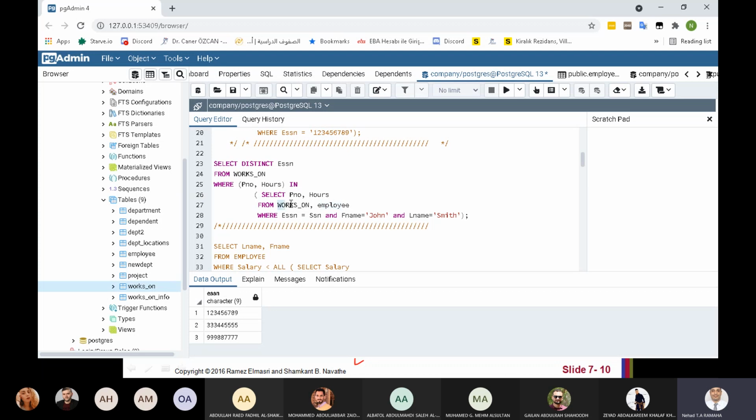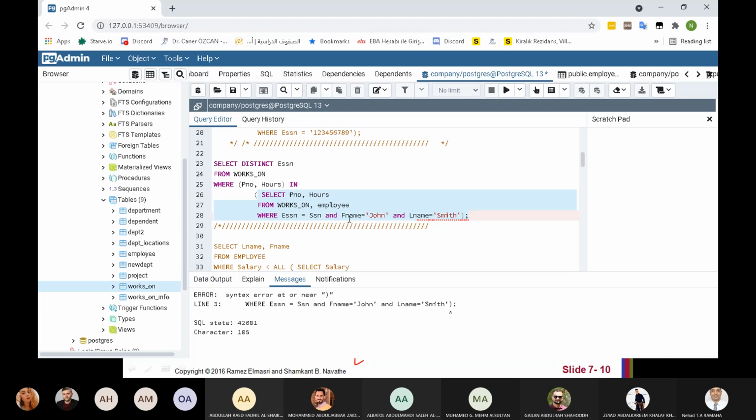That's why we need to connect works on and employee. This is a connection, or the join. Then now I can check the name of the employee and get the project number and hours for this John Smith employee. Then same: I need ESSN from works on with the same combination, project number and hours, as John Smith. It should give us the same result. It should be correct.